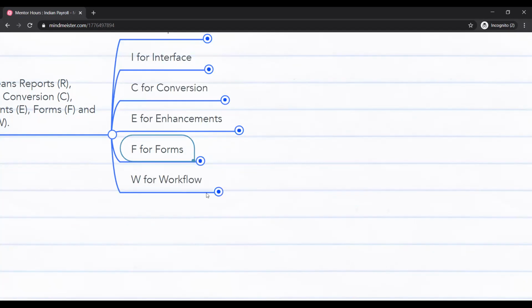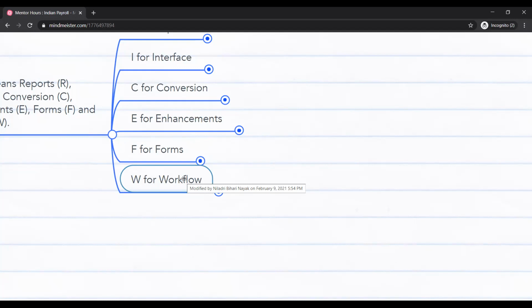Then W for workflow. Where is it required? Any guess? Mostly in case of approval, wherever an approval process is required, we use the concept of workflow. Suppose there is a time sheet application: you have worked 40 hours this week and you update that in your time sheet application, and that requires approval from a manager.